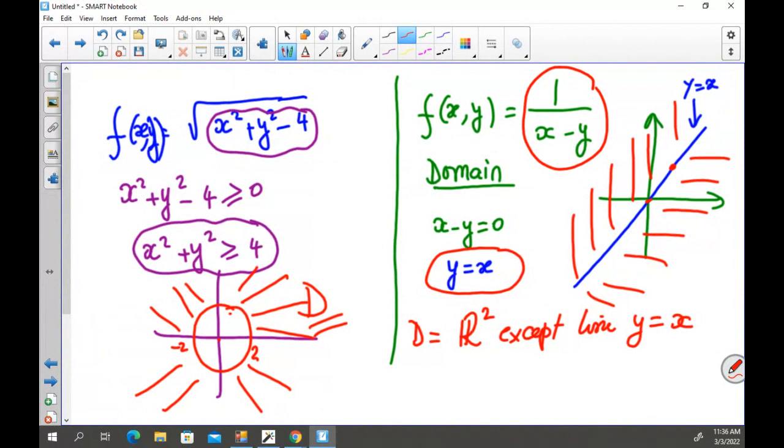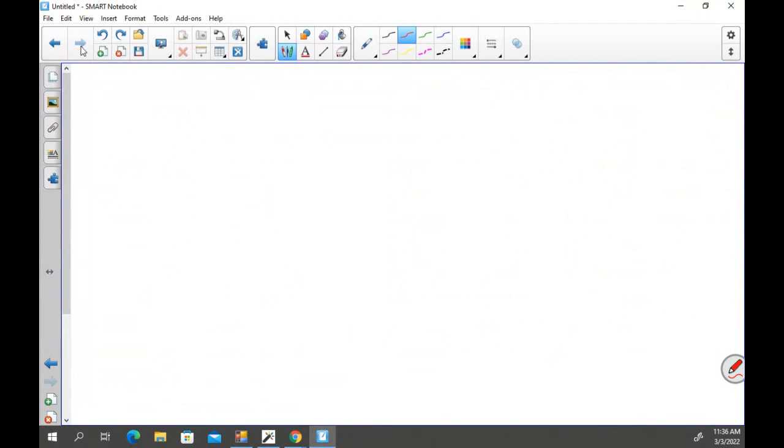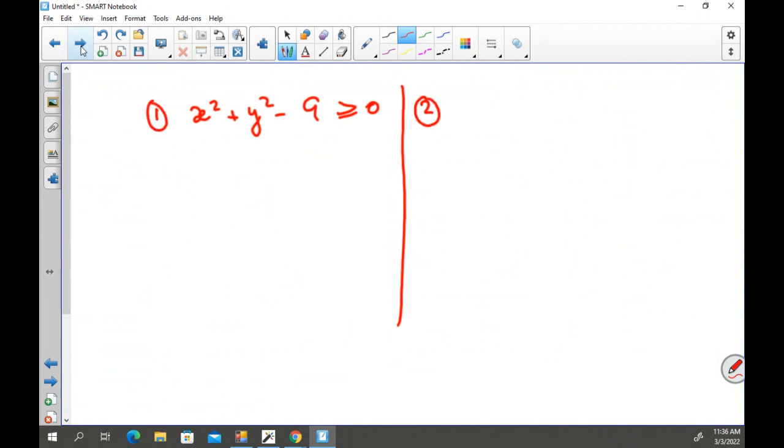For this question, you will say x squared plus y squared minus 9 must be greater than or equal to 0. That's the first condition. The second condition is 4 minus x squared minus y squared must be greater than 0, not equal to 0, because